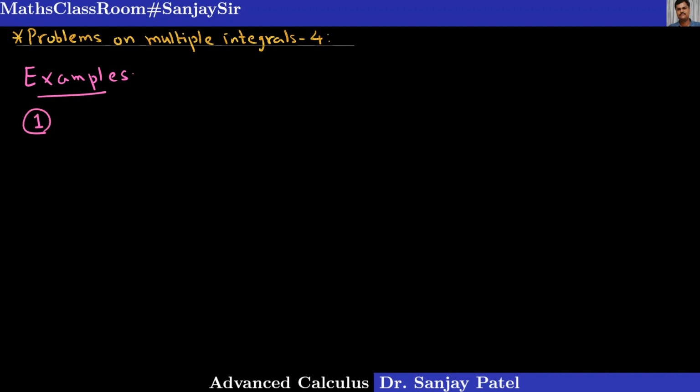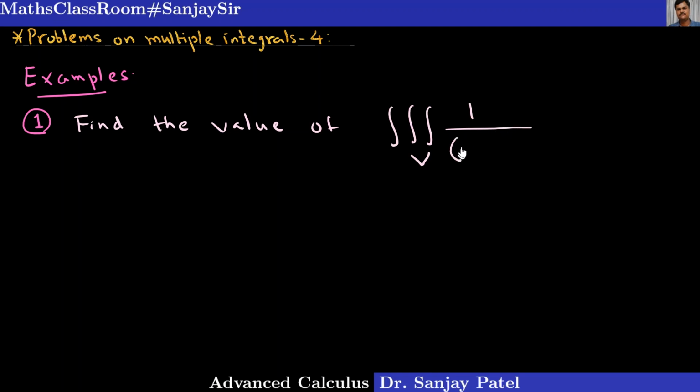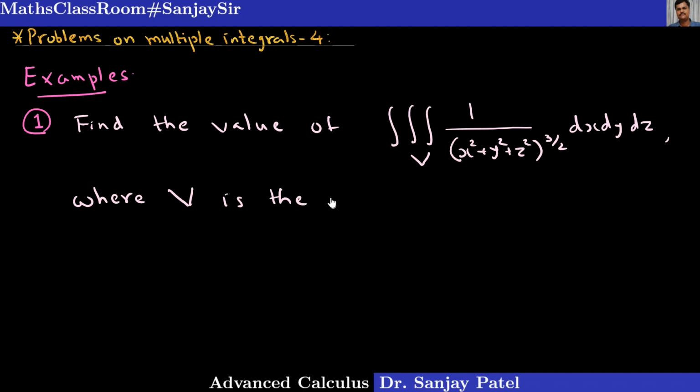The first one: find the value of the triple integral over the volume V of 1 upon (x square plus y square plus z square) raised to 3 by 2, dx dy dz, where capital V is the volume lying between